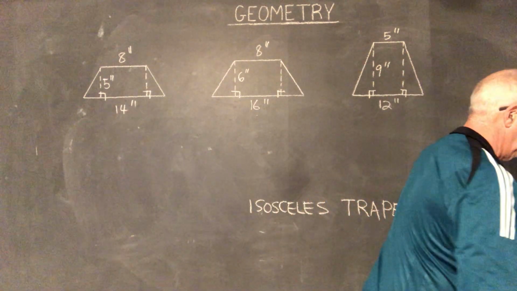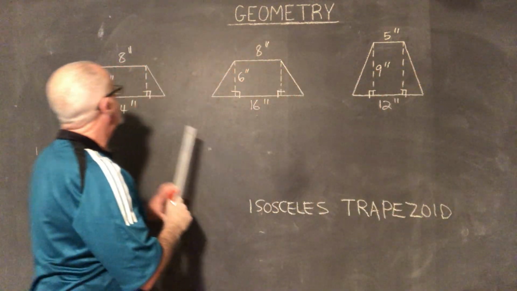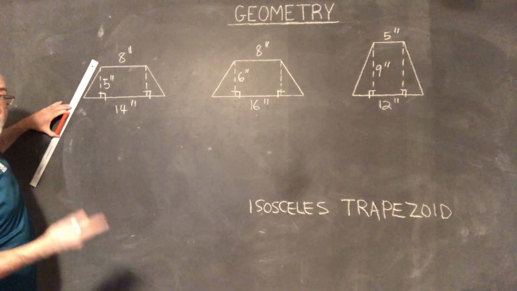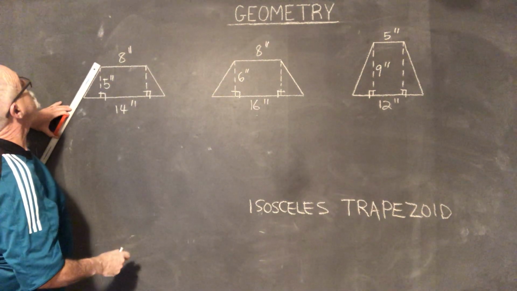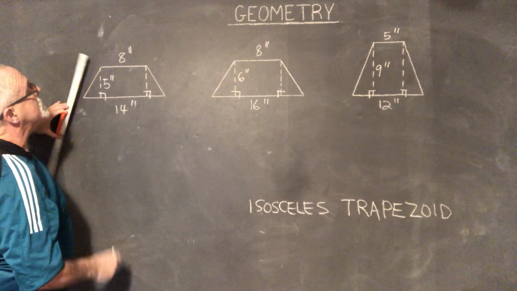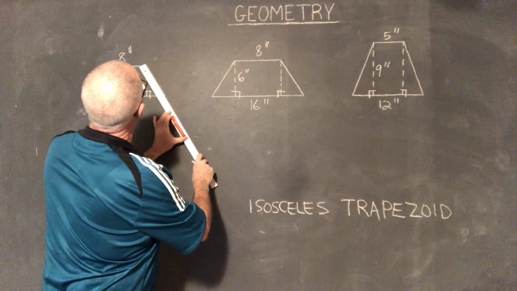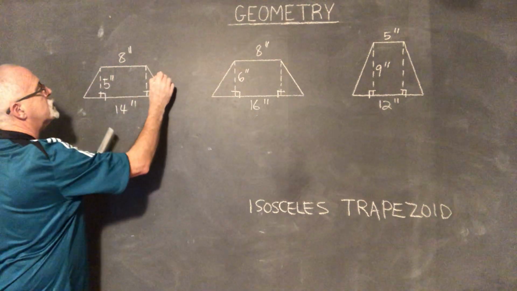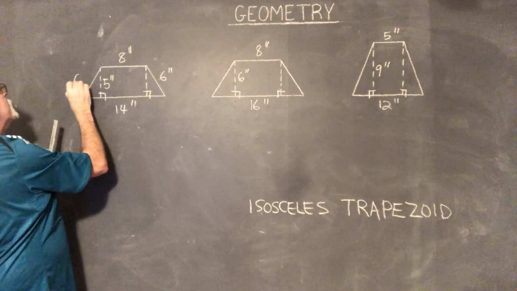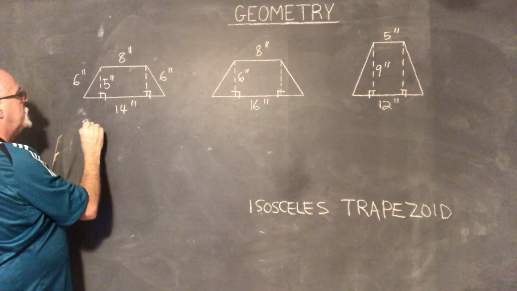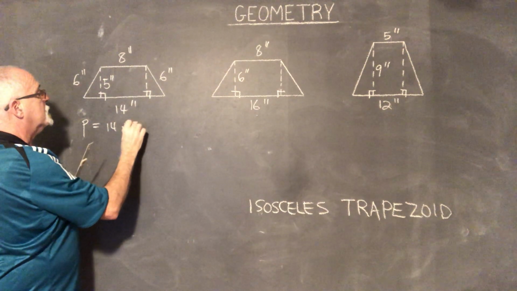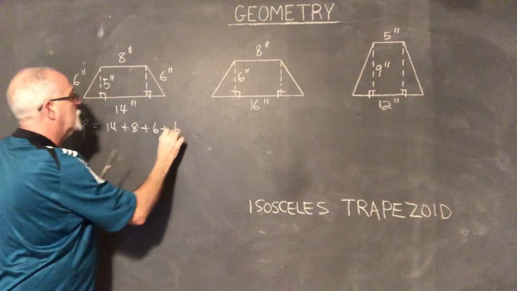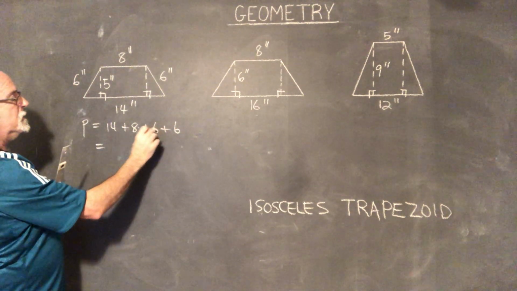More chalk, please. Okay, so I have to measure these short sides. Now they have to be equal to each other. So this one, that looks like 6 inches. I'm going to do this one as well, just to say, yeah, that also looks like 6 inches. So that's 6 inches. This is 6 inches. The perimeter is equal to 14 plus 8 plus 6 plus 6, which is 22, 34